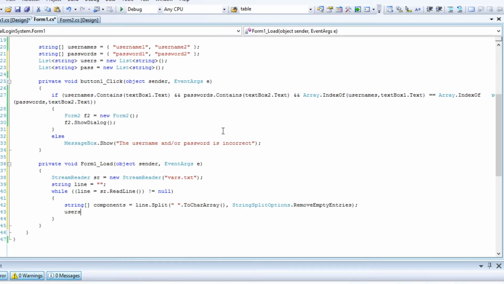We add the first component to the list of usernames and the second one to the list of passwords.